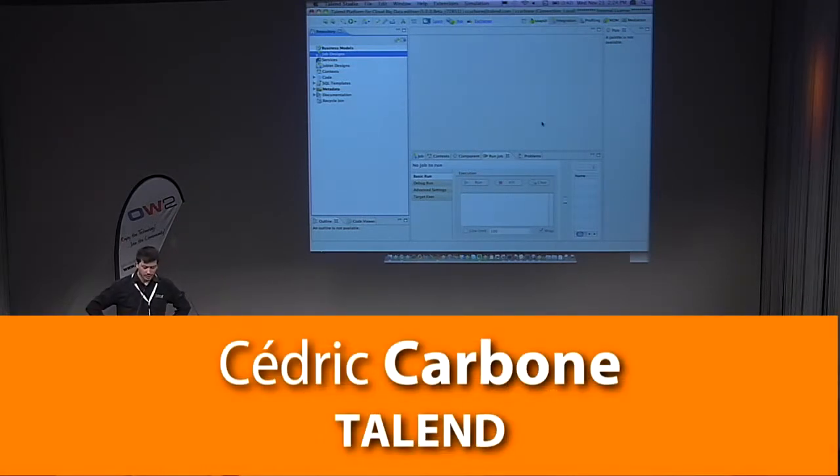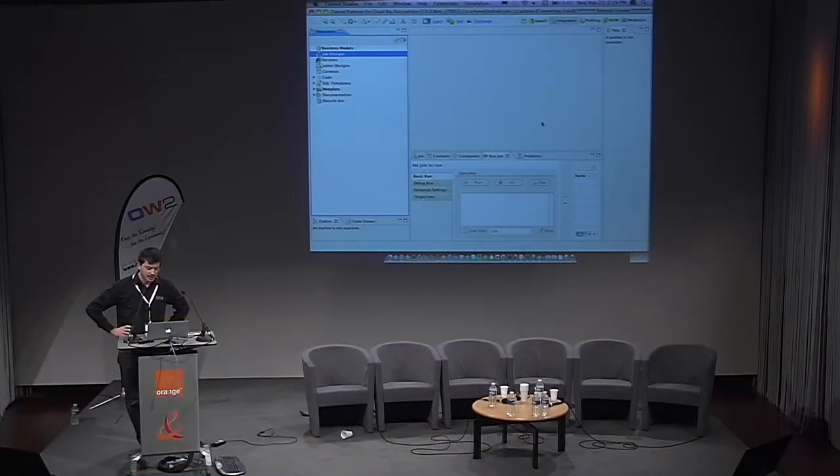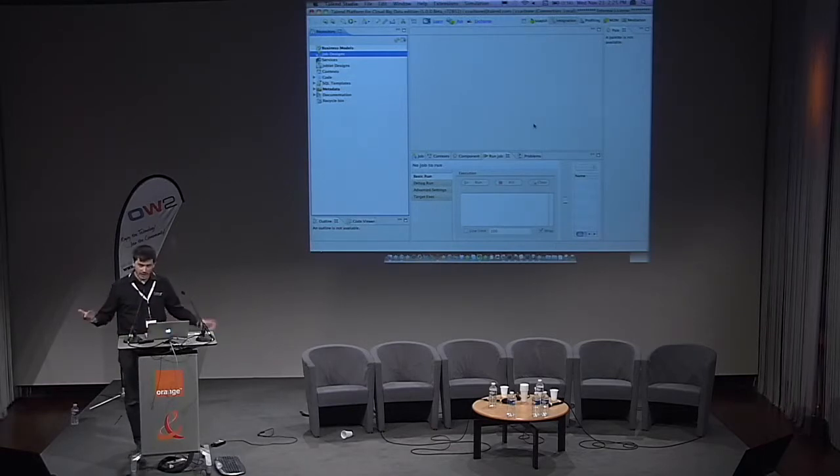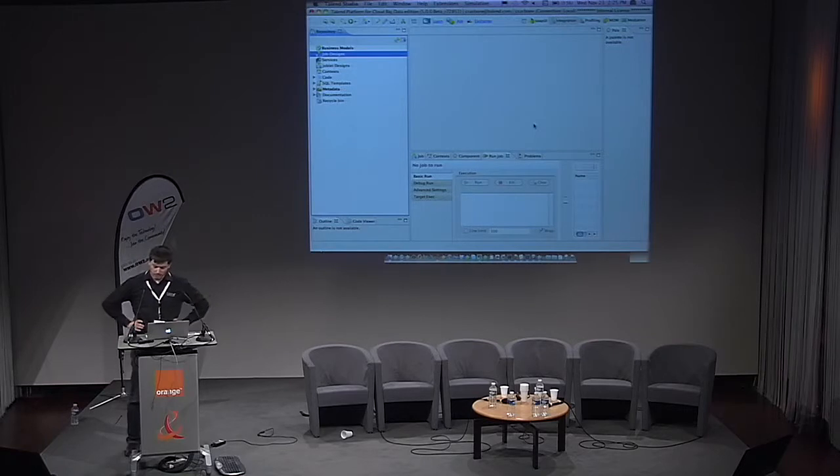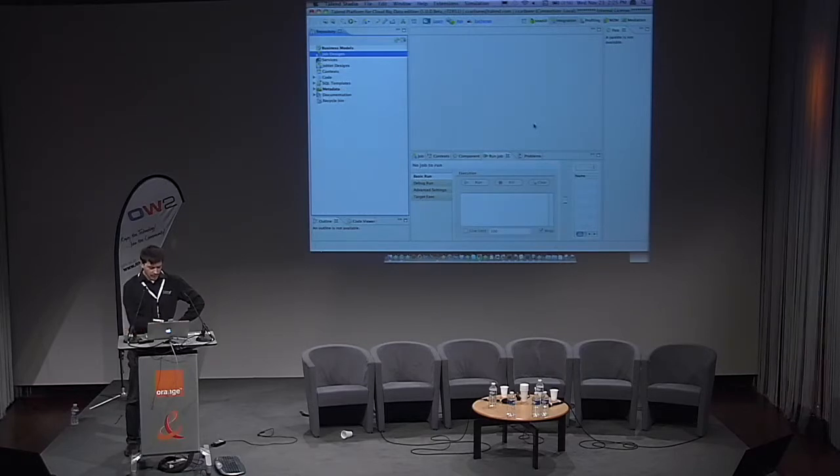I will introduce today a short demonstration of Talend Open Studio for ESB. The vision of Talend is to democratize data integration, data quality, master data management, and enterprise service bus. The goal is to do SOA without a big knowledge of WSDL, XML schema or other stuff. I have no slides, it's only a demo. I use an Eclipse environment, a rich client platform, to host Talend Open Studio for ESB.